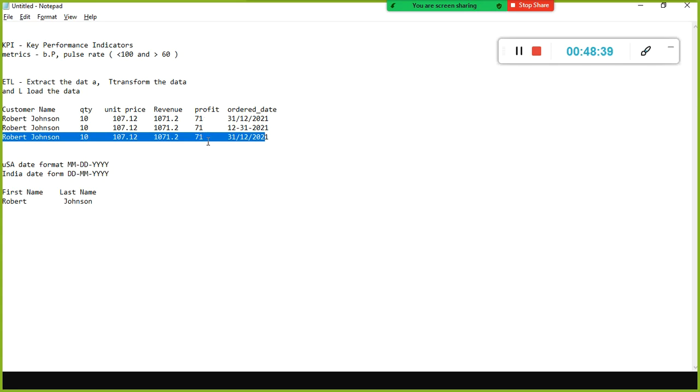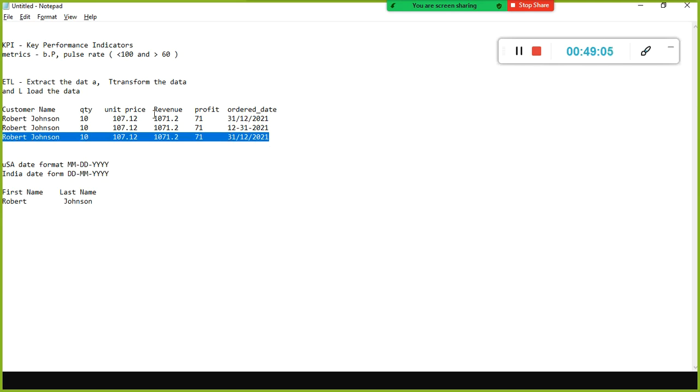So it will tell you that for customer Robert, we made 142 profit. Actually, we made only 71, because of the duplication of the record. Double counting is happening. This is all the cause of dirty data. You need to remove the redundant or duplicate records. You need to address these kinds of formatting issues.